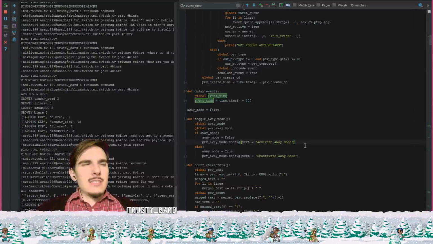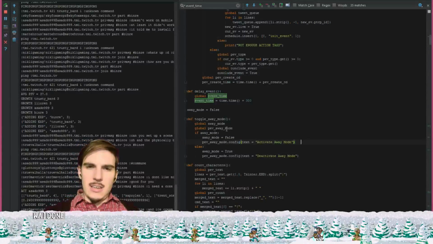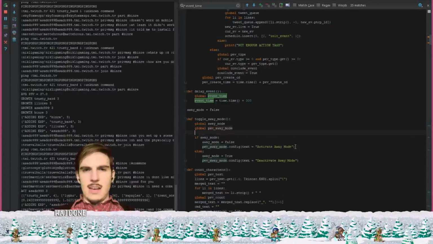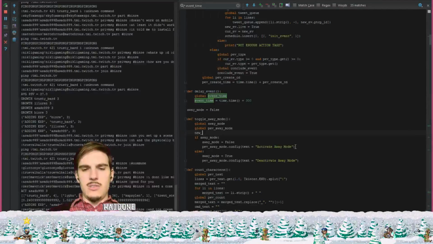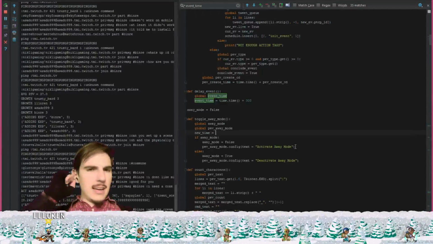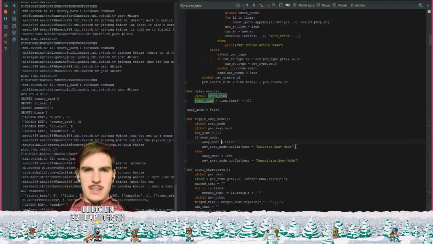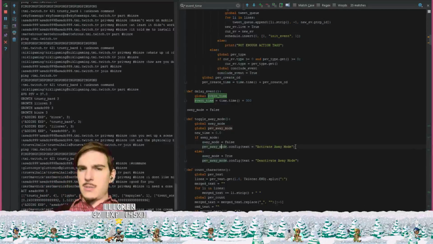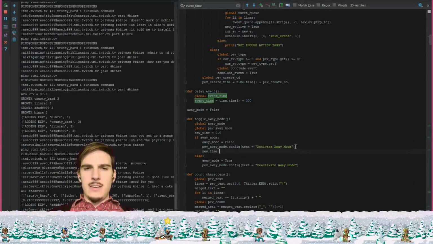The only difference is, oh yeah, so actually I'm going to just say new time equals 0.0, and so in the case that away mode is on and we're toggling it off, then we'll want to say new time equals